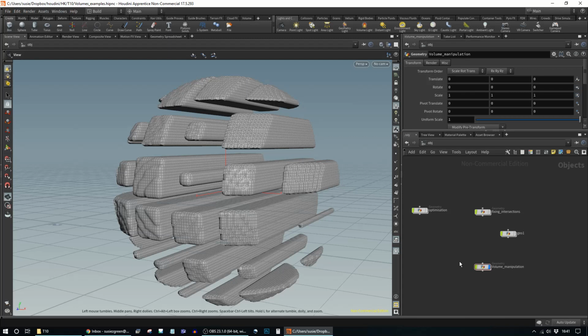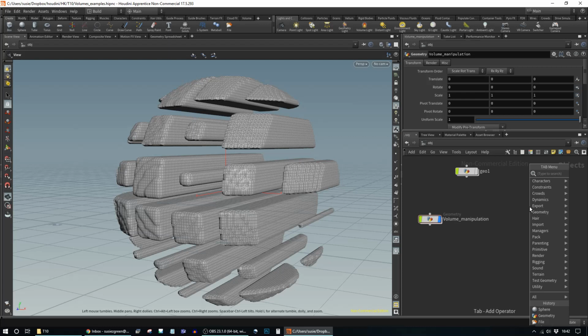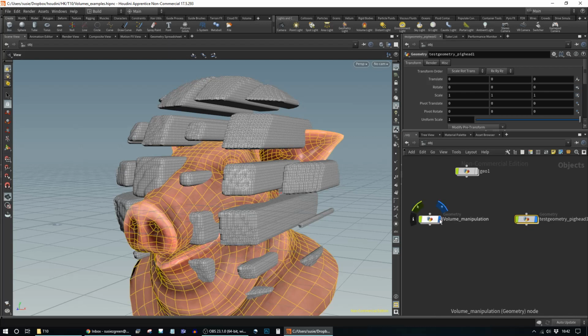The last thing we're going to look at is replacing voxels in a volume with blocks, which allows you to create a version of your geometry that looks like it's built out of blocks. This is how you'll have seen images in Houdini of objects made out of Lego. So to demonstrate, first of all, I'm going to load up the pig's head again. So I'll go back to the test geometry, turn this off,